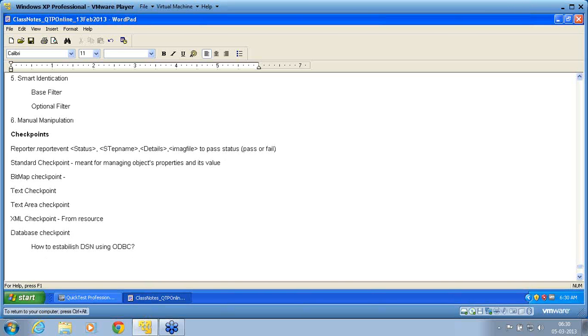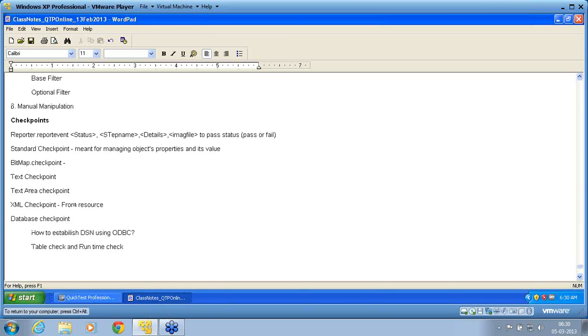This session, then how to configure it and how we use that session to pass the query. There are two types we have seen: one is table check and the other is runtime check. So both we have seen under database checkpoint. So these are all the elements that we have seen under